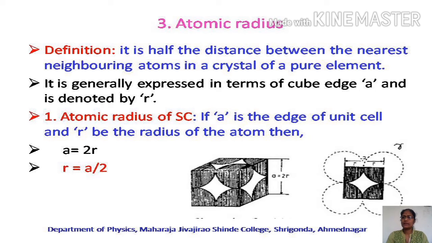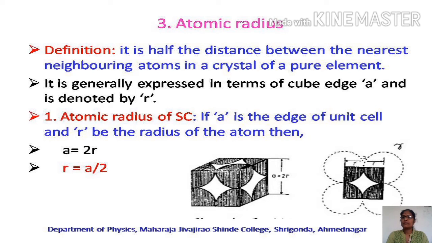We have already expressed lattice parameters along the x, y, z axes. Along x we consider the length of the unit cell as A, then along y and z as B and C respectively. But as we are dealing with cubic structure only, all lengths are the same. Therefore, in this case, the edges of the unit cell are going to remain as A. Now, we have to define atomic radius in terms of A. Then how to define it?